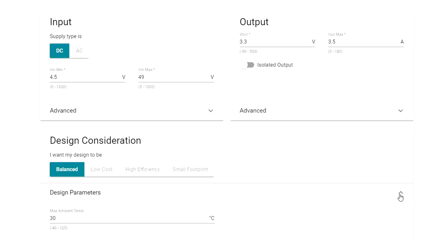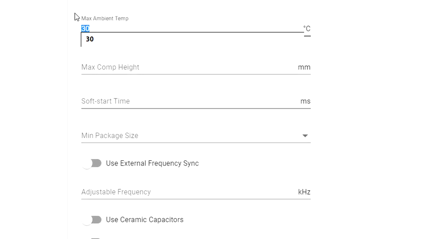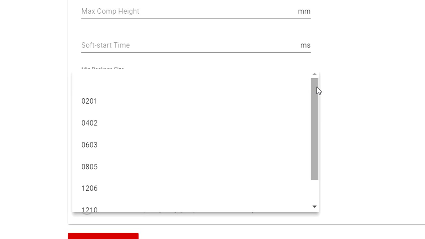Now, here's another pull-down menu for optional settings, such as you can set your ambient temperature. I like using 50 degrees C. And here's a new one. We give you the ability to select a minimum component size.